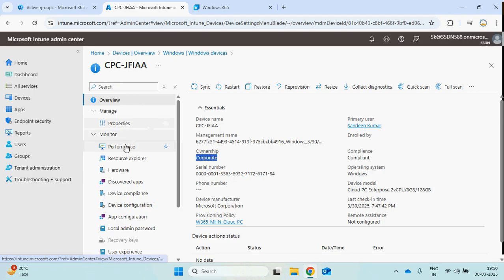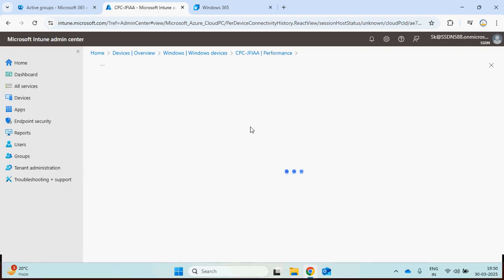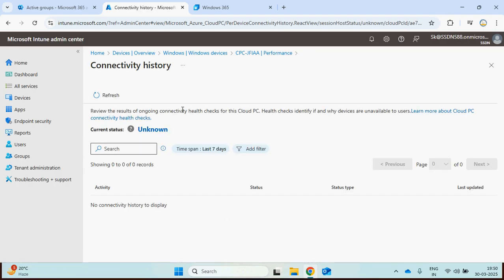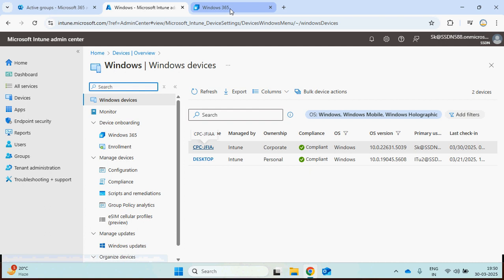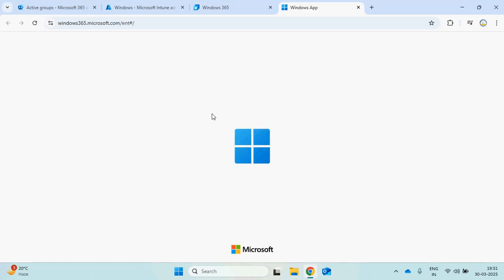And this section is for the performance of this particular cloud PC, where you can view the reports of the connectivity and other stuff. As of now, I have not connected, but I can connect like last time. We still have options. You can use the app to connect to the cloud PC, or you can open it in a browser.